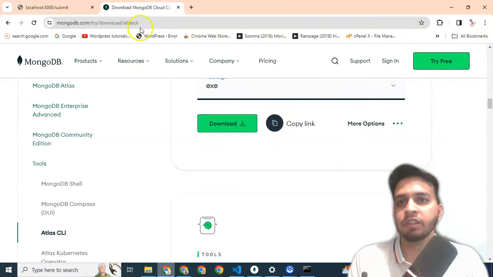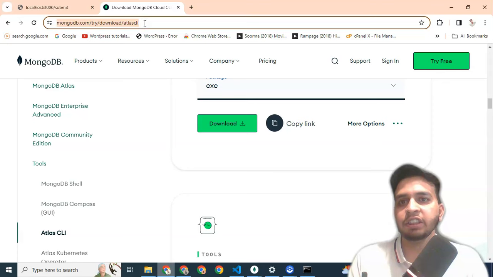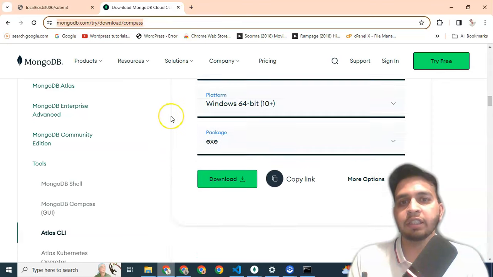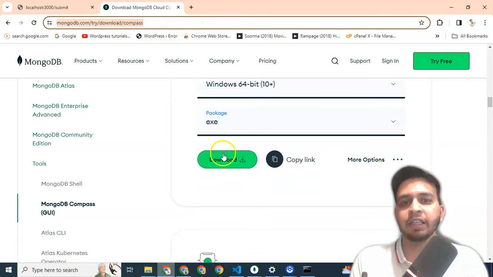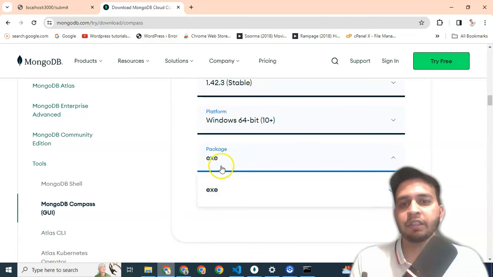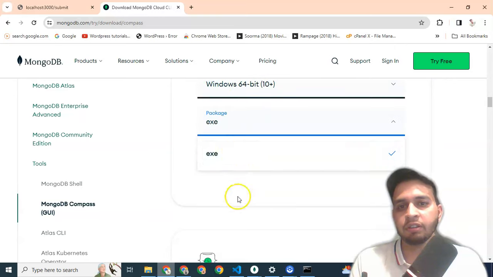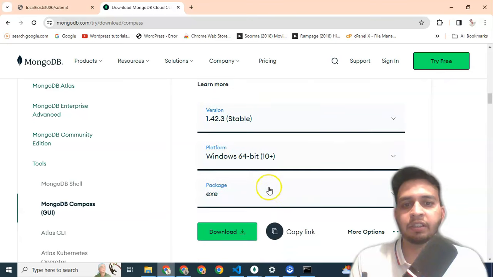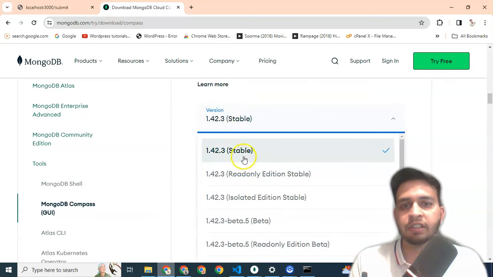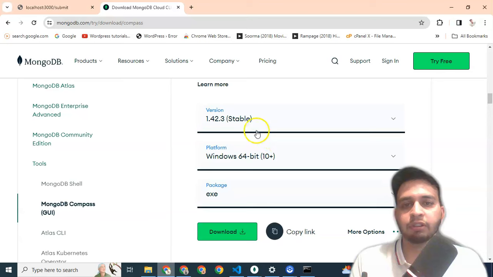First of all, this is the URL. I will mention it in the description. You only have to search for install MongoDB, and you can install from here the exe, or there will be one more file, exe and msi. This is version 1.4.2.3. You can check that it is stable. Whenever you search, download